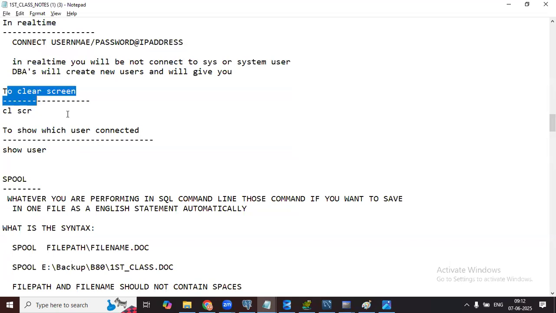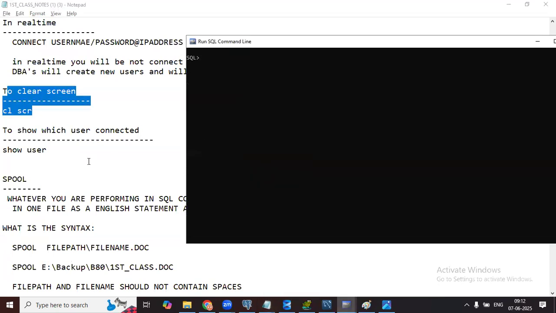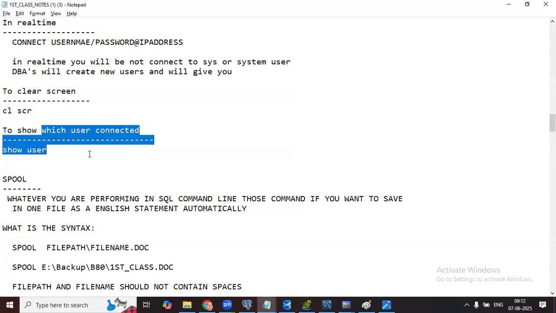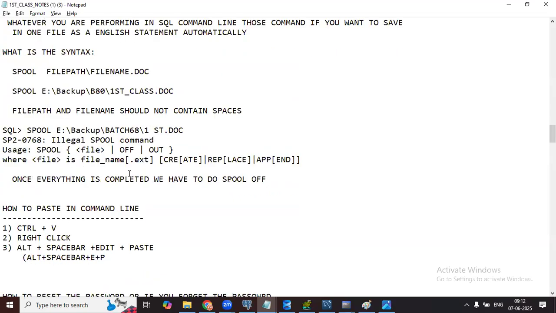Okay, and I mentioned clear screen. If you want to clear what you did, you use CLSCR. Show user tells you which user you connected as; I connected as the system user, so it will show that. Like that, I gave these options. What is spool? I just covered it.